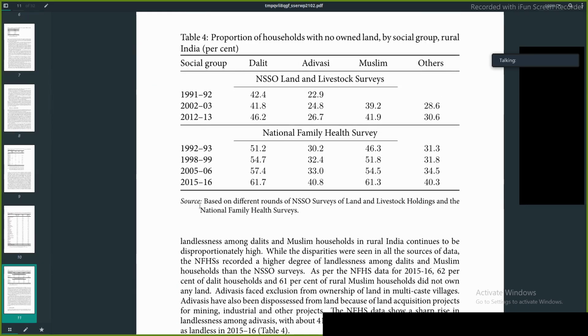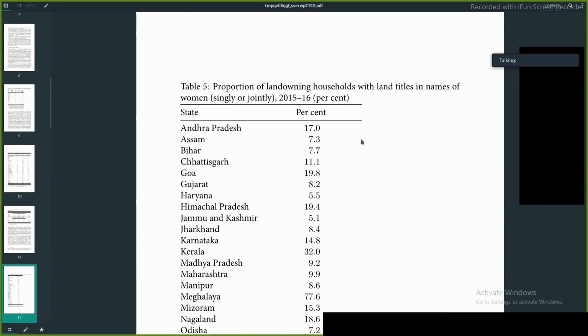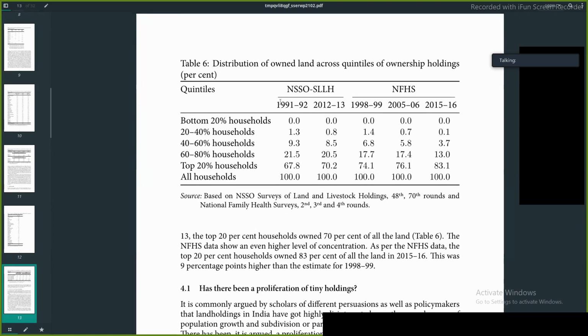Booktabs, caption, note, and look at this half line. This is what is called a mid rule. This is a top rule, bottom rule, mid rule, and this is a cmidrule. It's a fraction of a line. You define how many rows, how many columns this should cover. Let me show you the syntax for this.